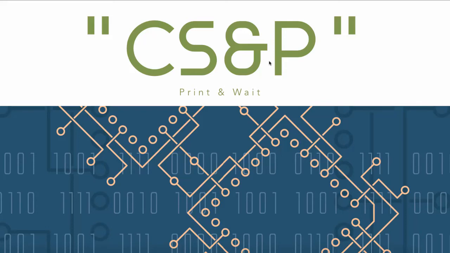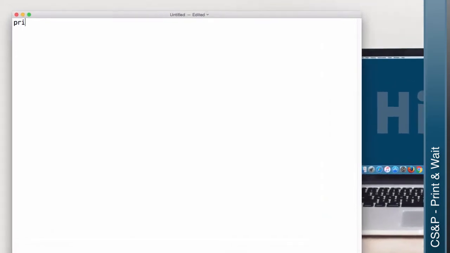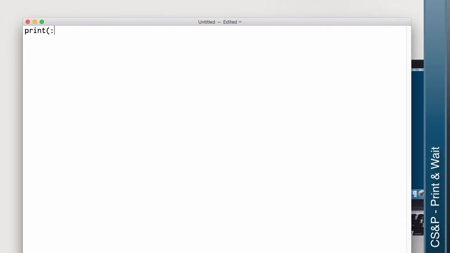In the previous video, we used the print function for hello world. We're going to talk a little bit more about that function as well as the input function, and we're going to use the two together. So I'm going to do this in TextEdit, and I'm going to end up calling my script through the terminal. So in the previous video, we wrote out